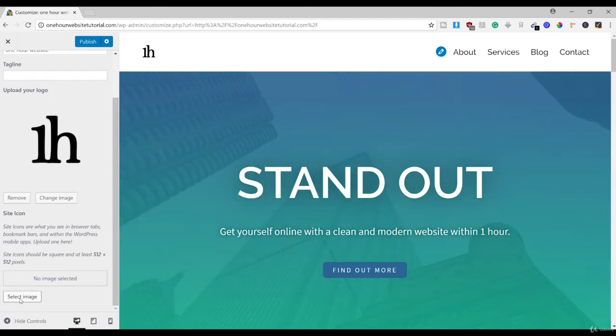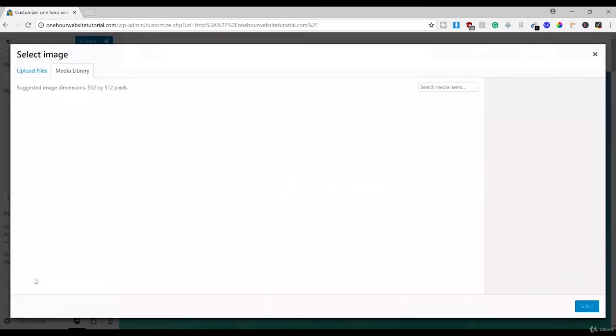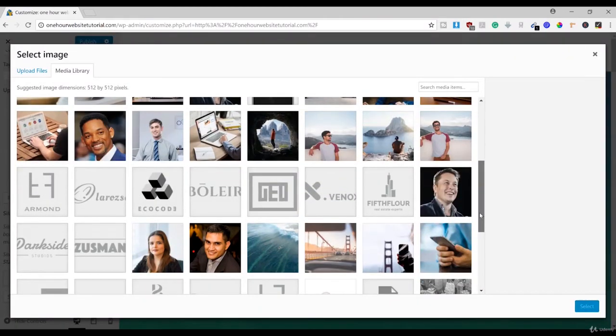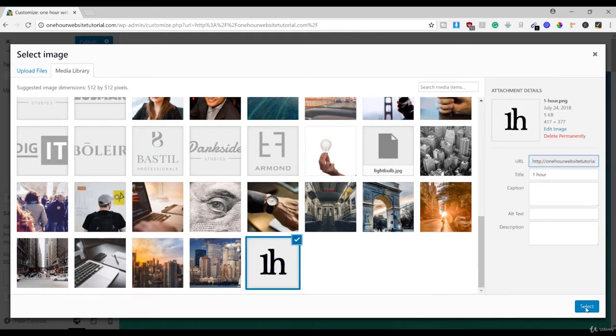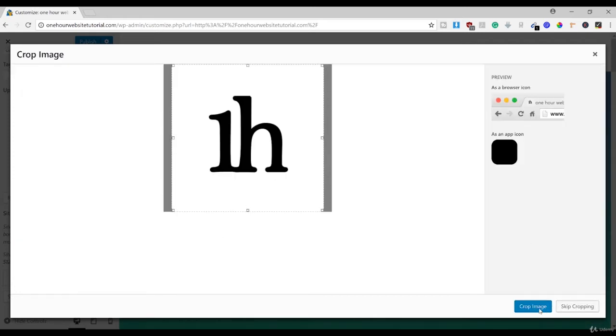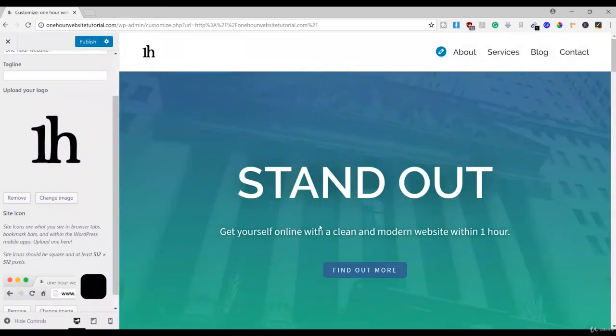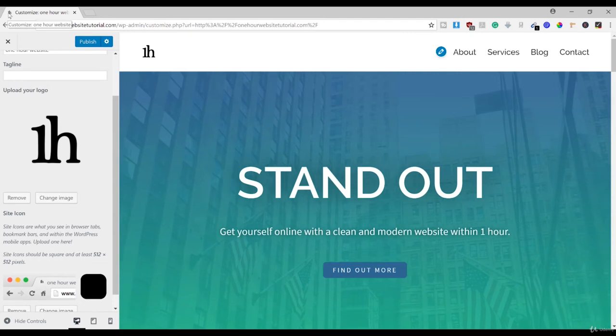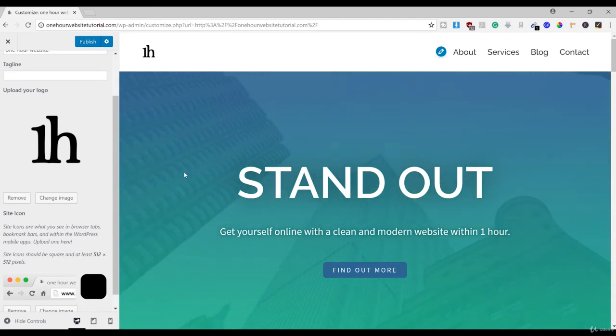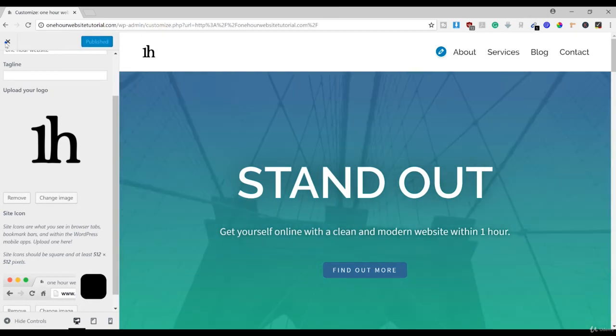So if we go to select image, I'm just going to go with one that I already have and insert that, but you select yours and then insert that. Just try and ensure that it's around 512 by 512 pixels. Look at that, there we go. Just that nice final little touch on our website. So all we do now is just simply hit publish, exit out,